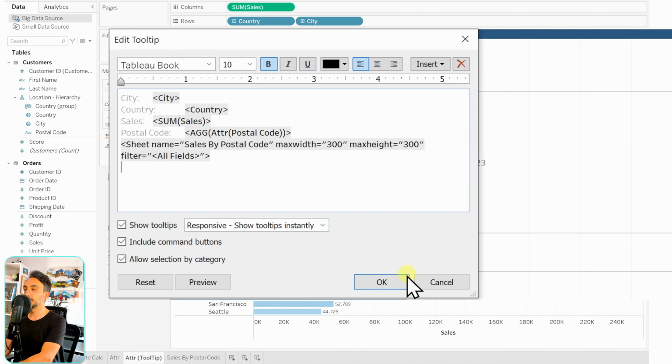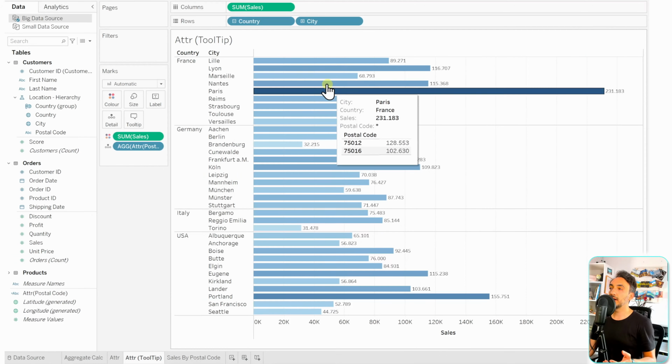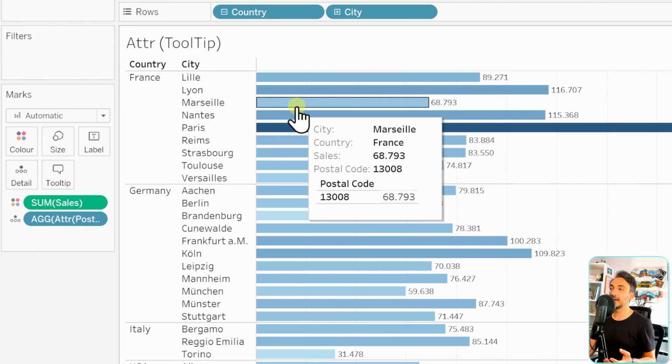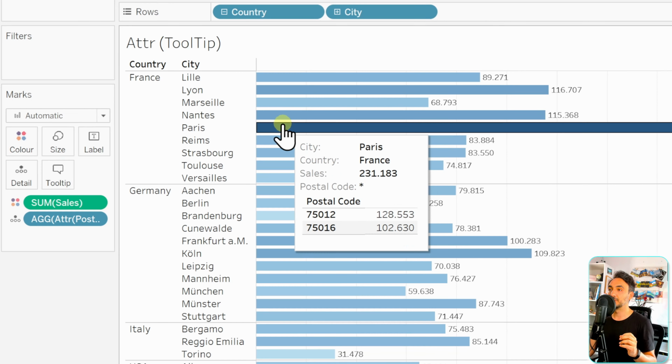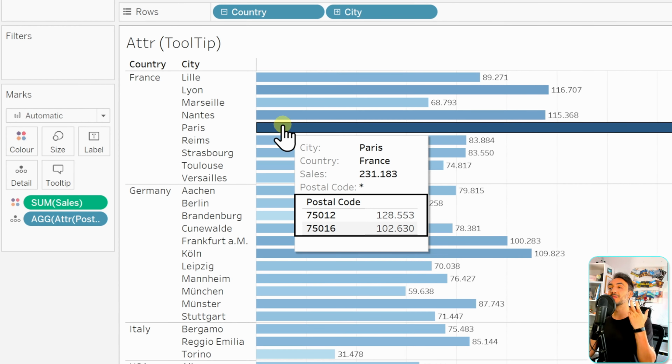So that's it. It's very simple. Let's go and hit OK. So now let's go and mouse hover on those cities. As you can see, we now have a table, or a small view, inside the tooltip. So if you go to Paris now, we see the 2 postal codes and as well the sales of